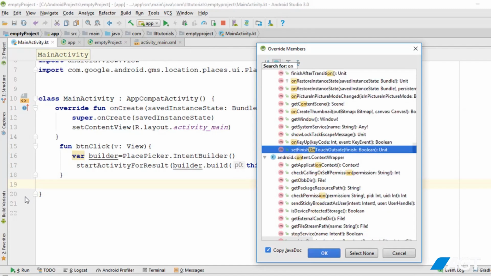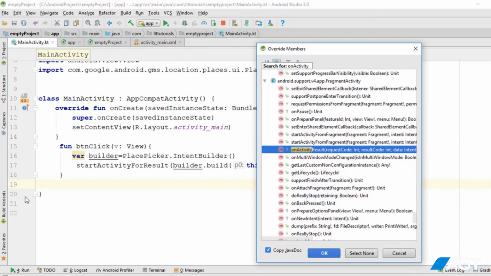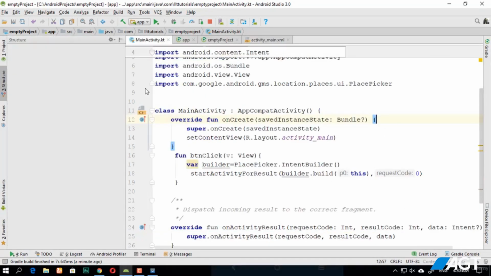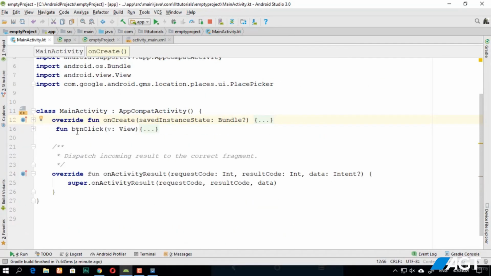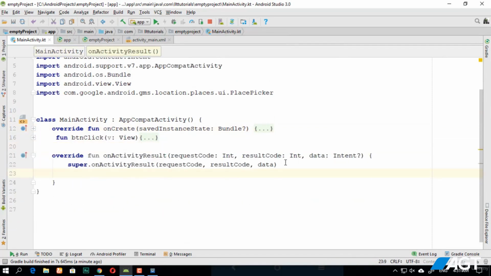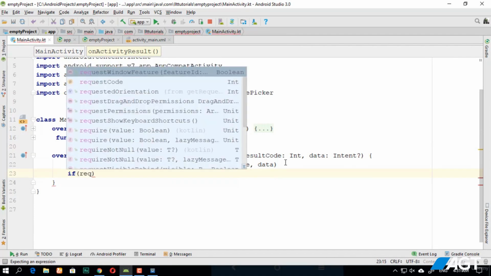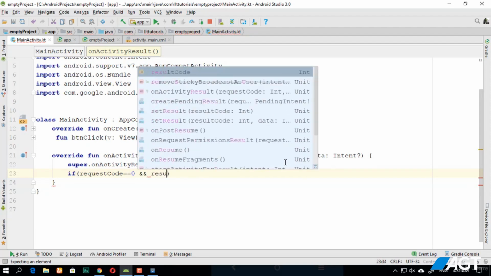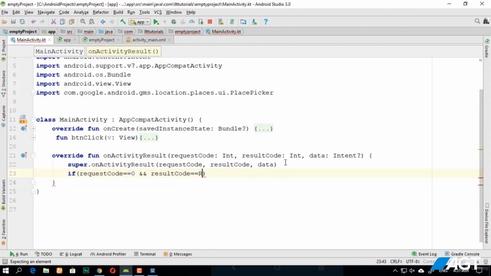Now because we are returning something, we'll come back in here and press Control O, and we're gonna say onActivityResult. So the first thing we are going to be doing is we're going to say if the request code is equal to 0 and the result code is equal to RESULT_OK,